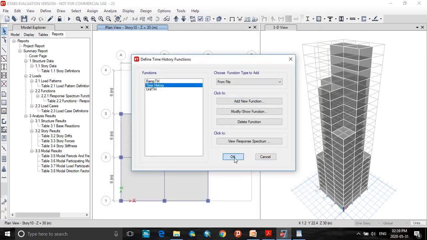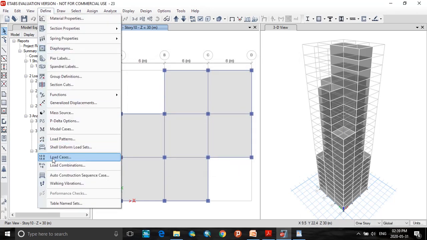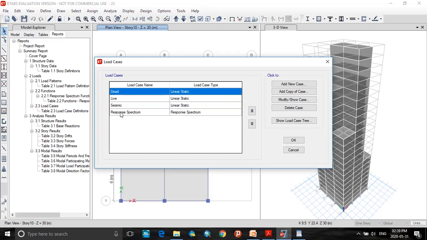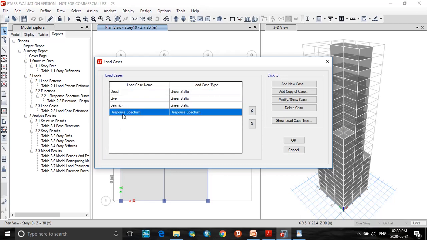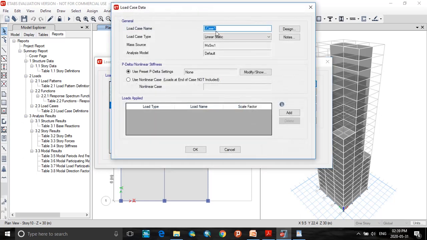Next click on OK. The next step is to define the load cases after defining the time history function. So here I will remove the response spectrum. So delete case of response spectrum. Now add new case, that is time history.